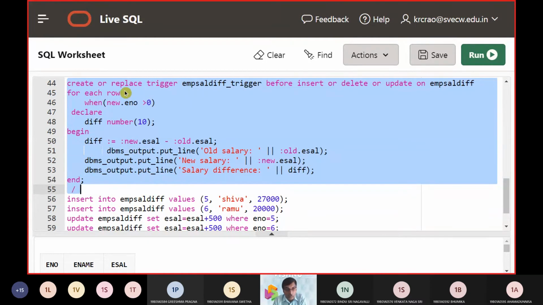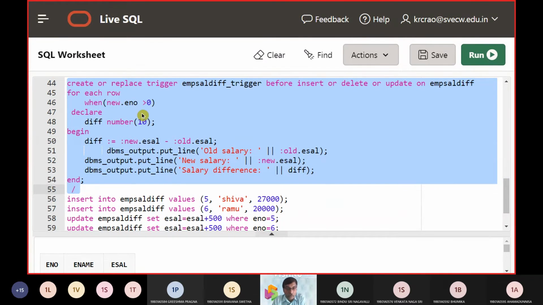Now this is a row level trigger, so that is the reason why we are going to mention for each row. And if I want to point out to a new value, I am going to include an element called as new. If I want to include the previous value, then I am going to use an element called as old. So colon new and colon old, these 2 elements are by default available in PL/SQL.